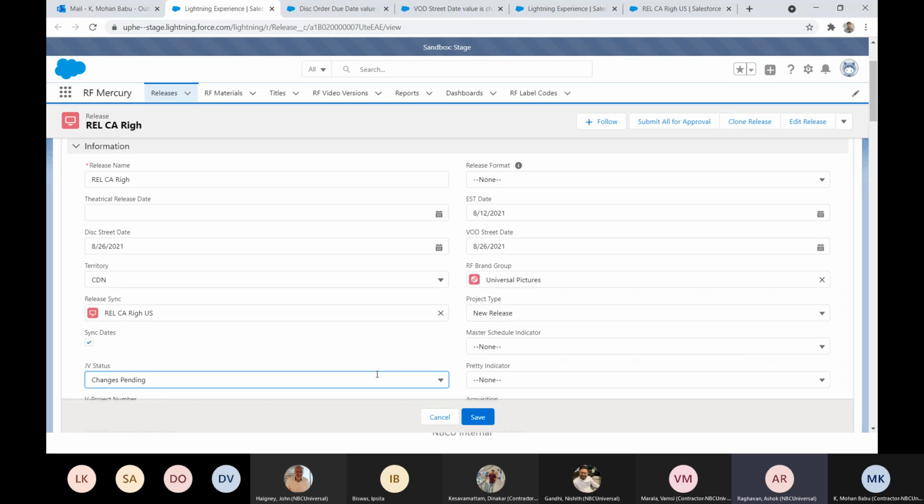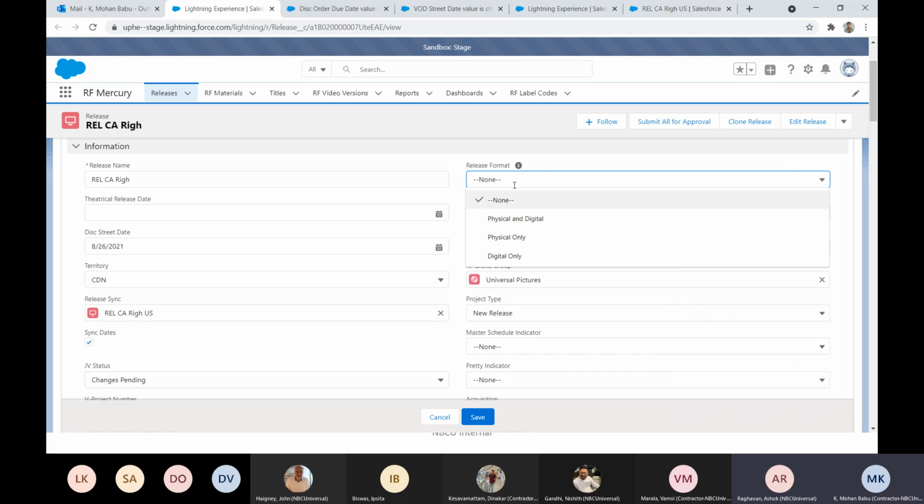Say, for example, there is something called a release format. If you look at the information section, there is a release format. If you click on that, there is physical and digital, physical only, digital only. Let us say they create a release with physical and digital. Now later they decide no, it is only digital, no more physical. That means we don't need to send this release to JV.